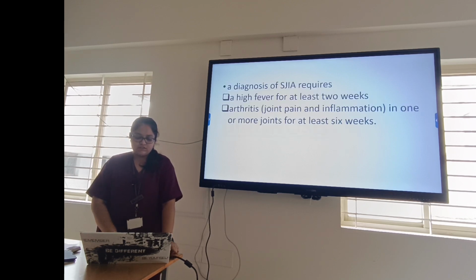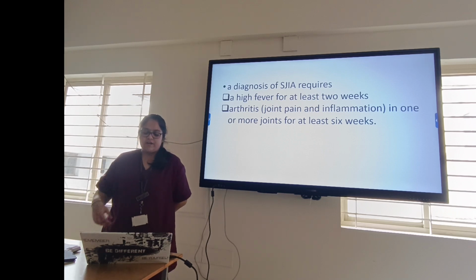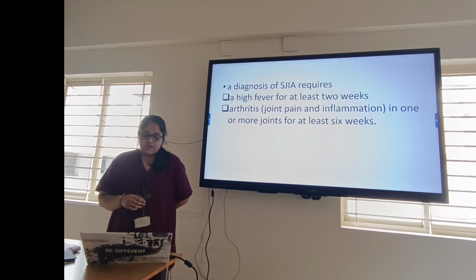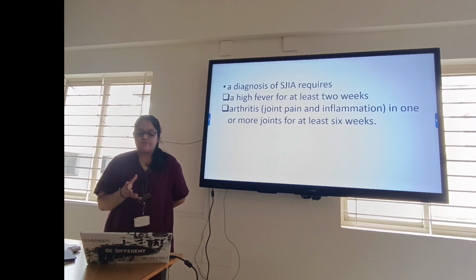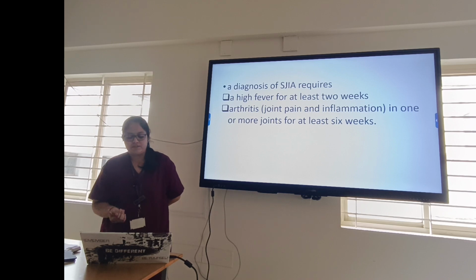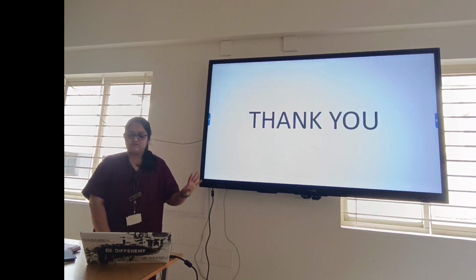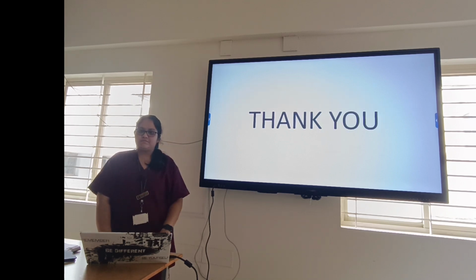Diagnosis. Diagnosing SoJIA usually requires a high fever of 103 degrees for a duration of 2 weeks, also occurring in the evening times. And arthritis is also involved, with joint pain as well as inflammation in one or more joints for at least 6 weeks. So this is the